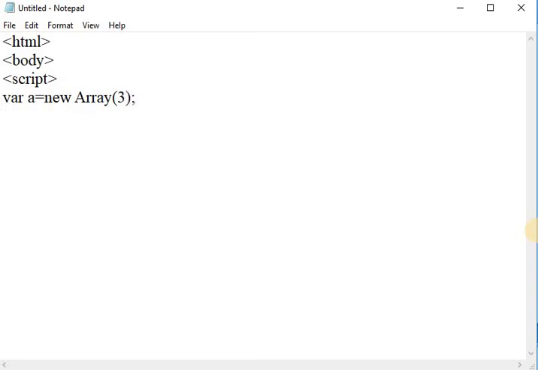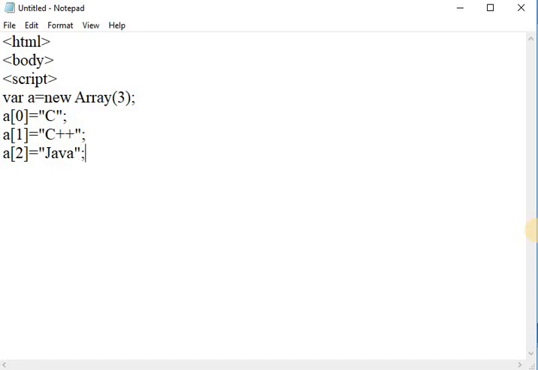After that, for the 0th position I am assigning the value C at a of 0. Here in the array at the first position I am assigning the value C++. After that, at the second index I am initializing the value, that is Java.